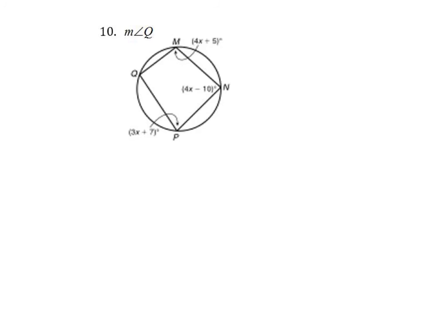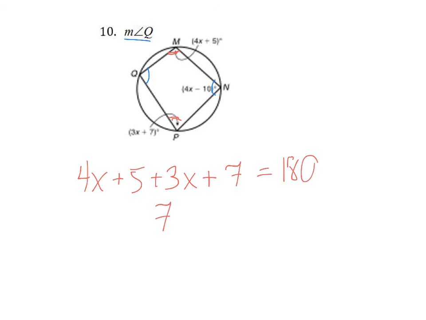For the last problem, it's an inscribed quadrilateral. Well, I know, according to my theorem from this section, the opposite angles are supplementary. Well, I don't have angle Q right now. Obviously, that's what they're asking for. So I'm just going to focus on angle M and angle P. I know they're supplementary, so they're going to add up to 180. So I'm going to have 4x plus 5 plus that 3x plus 7 equals 180. So I end up with 7x,